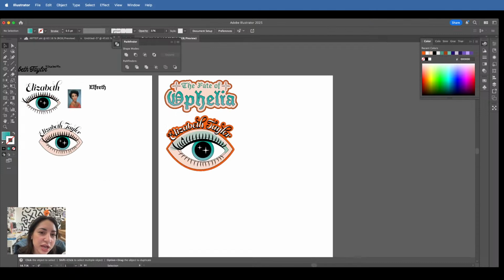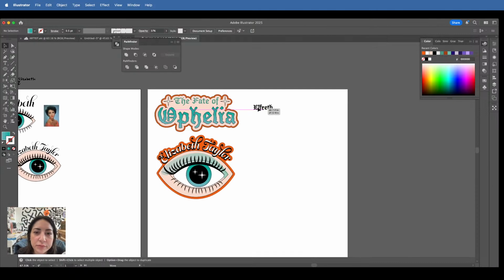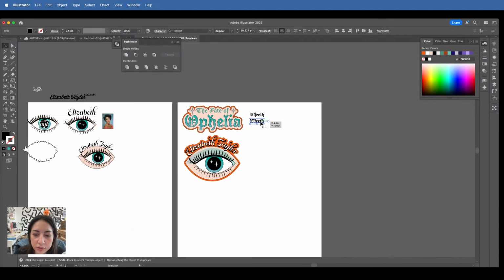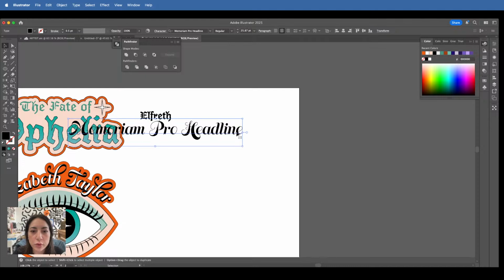I think I'm gonna challenge myself to only use this color palette. You know, don't hold me to that. And what is this? What's this font? Memoriam Pro headline. Okay. Track 1 and track 2.